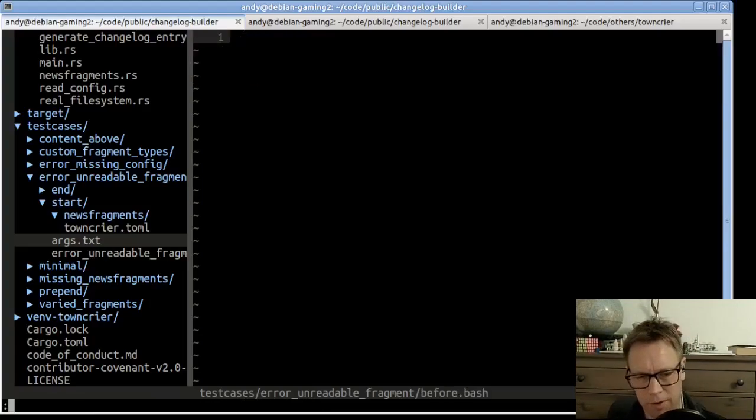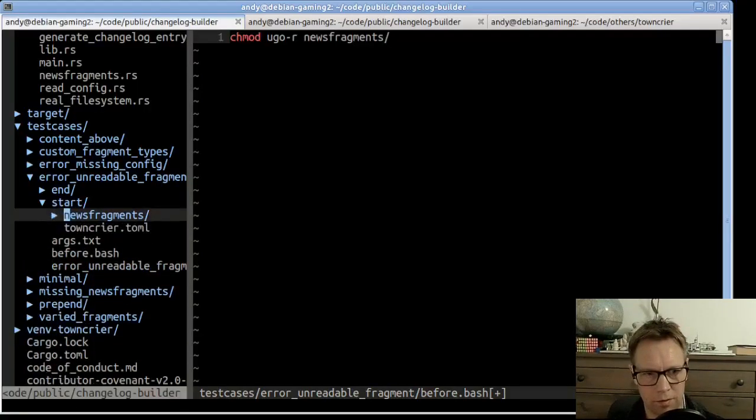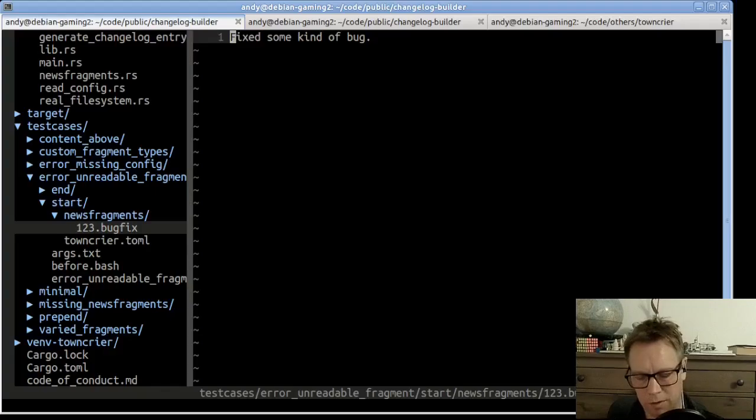Right, so it's going to be a bash script which does a chmod user group other can't read. Now this is going to be running in our work directory, so it's going to be news fragments / it was called like 123.bugfix, wasn't it? Yeah,